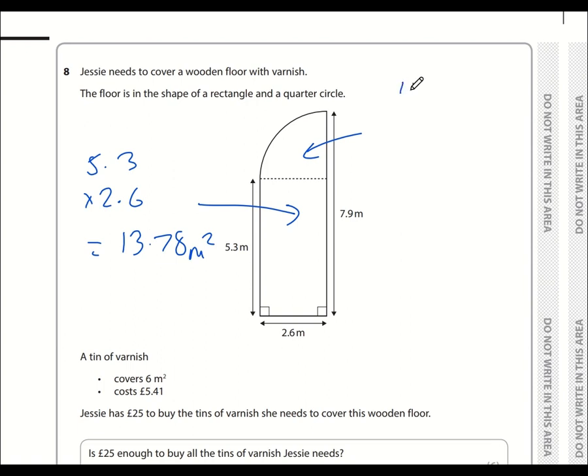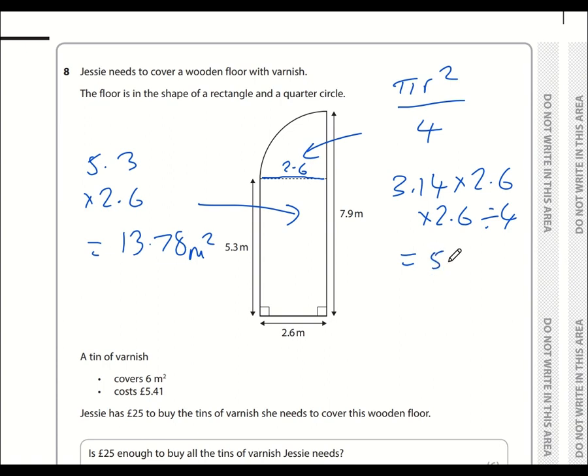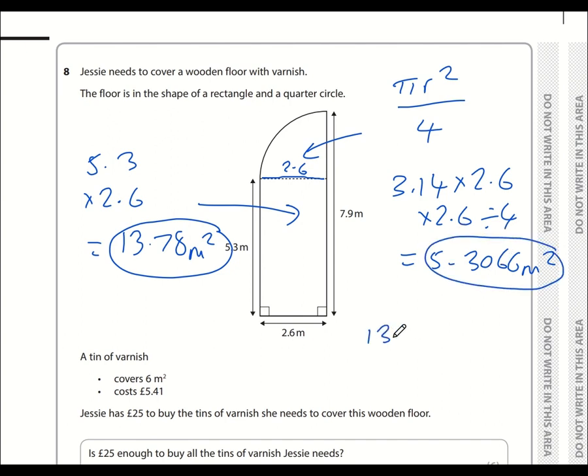The formula for the area of a circle is pi r squared. So a quarter circle is pi r squared divided by 4. So I'm going to take 3.14 as pi. You can be more accurate if you want. So multiplied by, well, the radius is this length here, so 2.6. So 3.14 times 2.6 times 2.6 divided by 4, and that comes to a total of 5.3066 square meters. So the total area is going to be these two numbers added together, and 13.78 plus 5.3066 comes to a total of